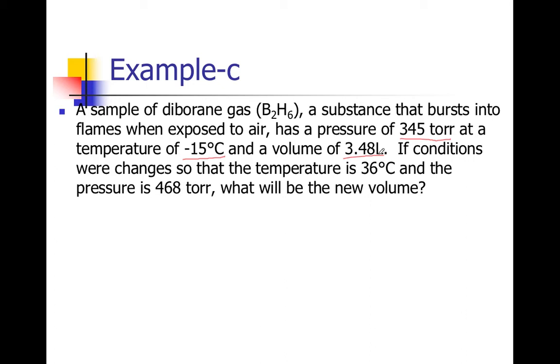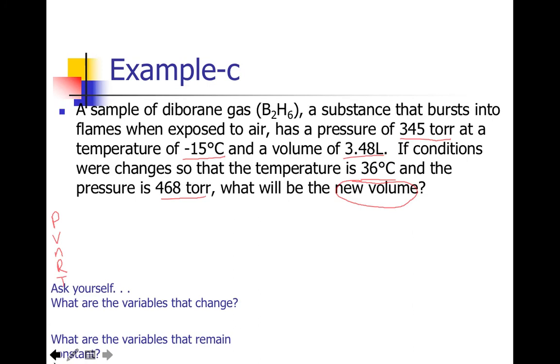If the conditions were changed, so the temperature is 36 degrees Celsius and 468 torr, what is our new volume? Okay, so again, I'm going to make myself a list of the variables,